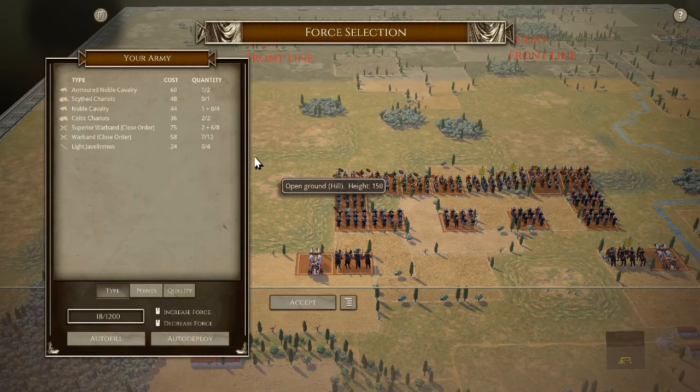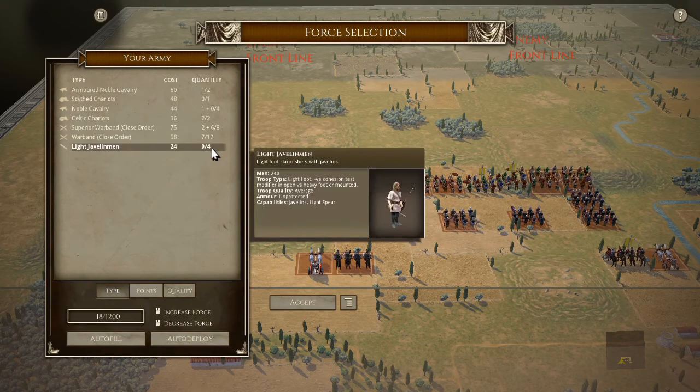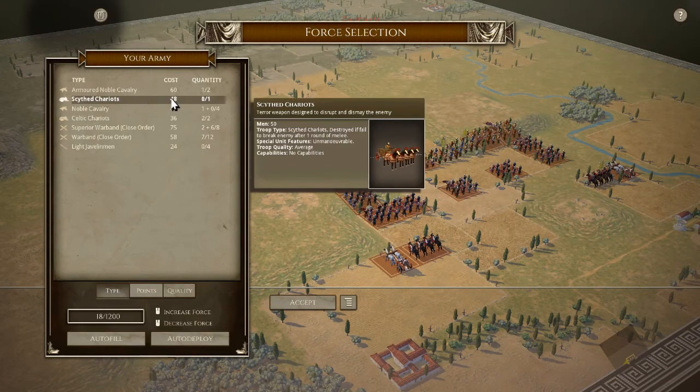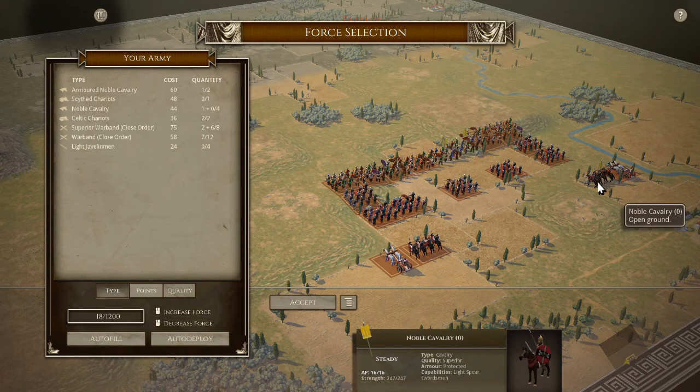The list does, however, have some severe drawbacks. For starters, there are almost no skirmishers. We only have these 4 light javelinmen, and honestly there are so few of them that I often don't even bother bringing them. We also have no lancers and we have no elephants, which means that our cavalry, although quite